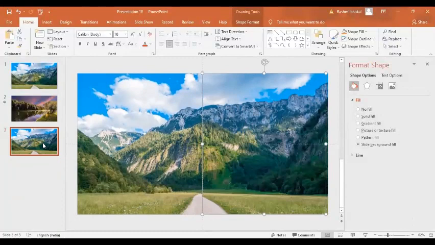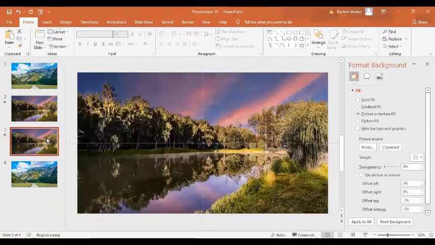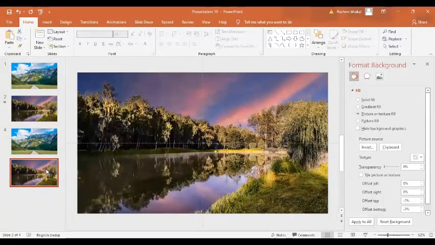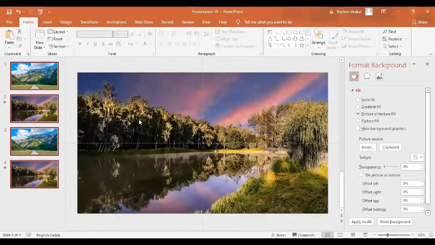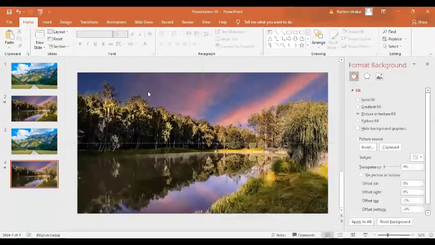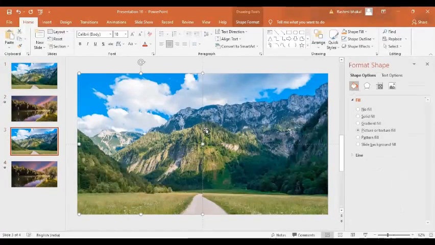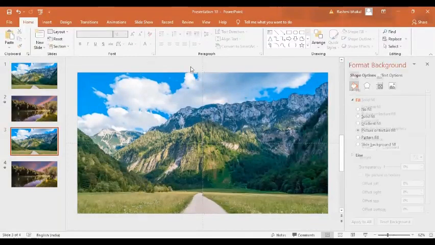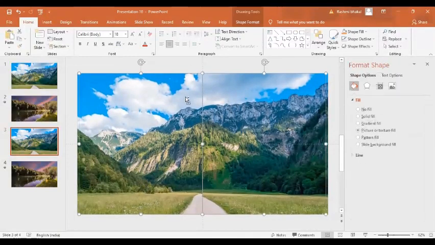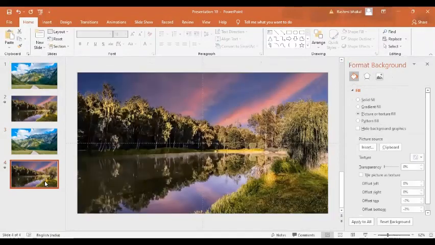Now in the next step, I am going to make a copy of this slide. Okay. And I'm going to bring it over here. All right. Now in this next step, what am I going to do? First of all, I am going to remove all the shapes which are present here, and I'm going to copy all the shapes from this slide and paste them on this slide.